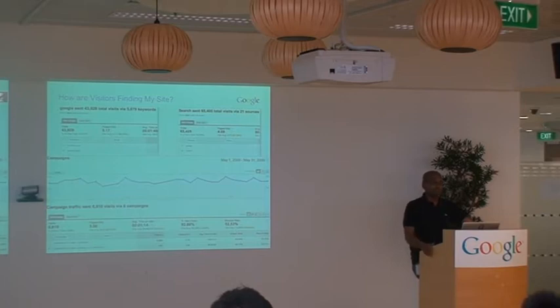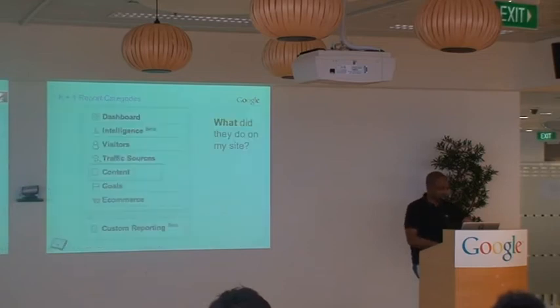But if you're investing in SEO, these reports will be very useful to you because they allow you to see which search engines are driving traffic to your website, and more importantly, what keywords are driving traffic there. So if you're investing in, say, the keyword sprockets, but you never see it in your list of keywords, then you know your SEO isn't working, right? So if you're working with an SEO agency, you go up to them and say, well, shape up or ship out. We'll handle this on our own.